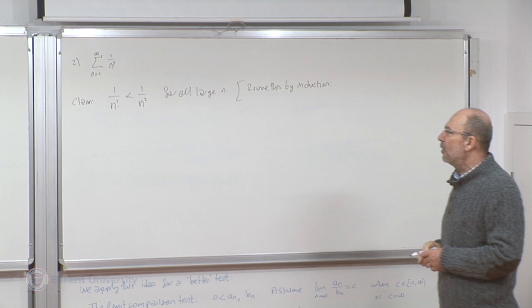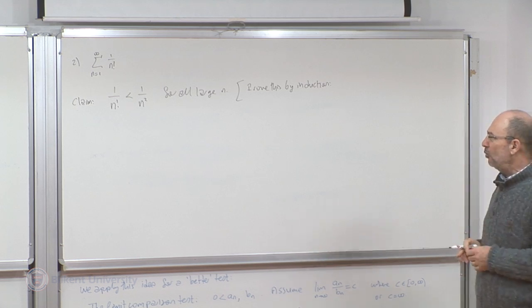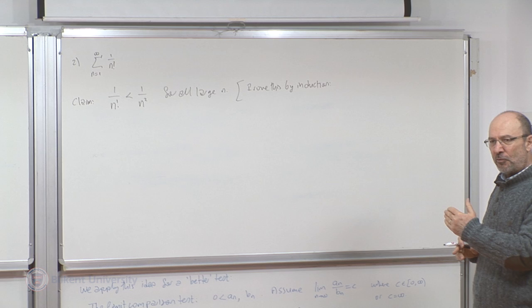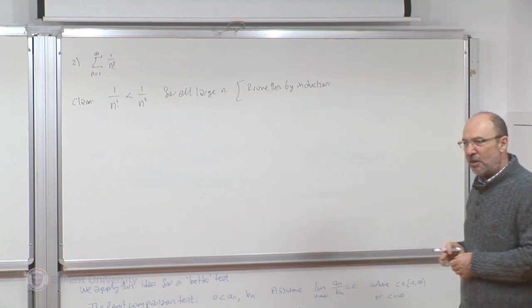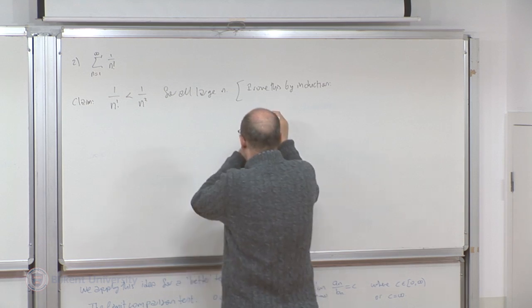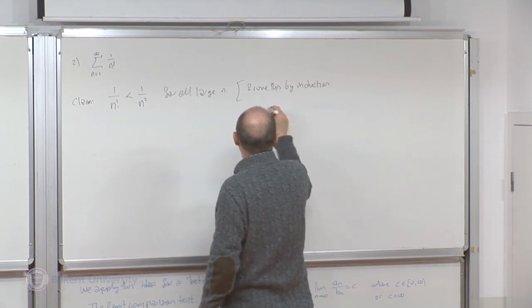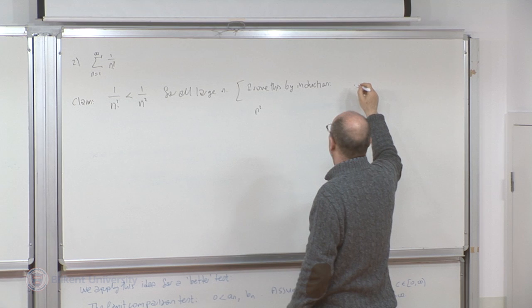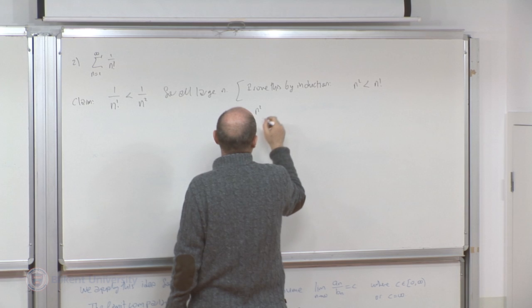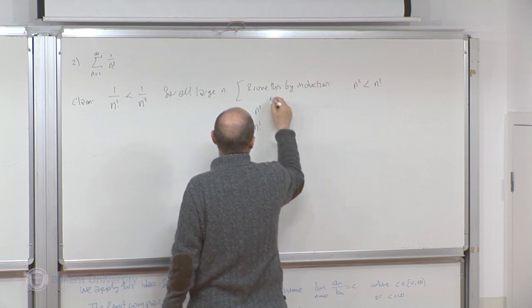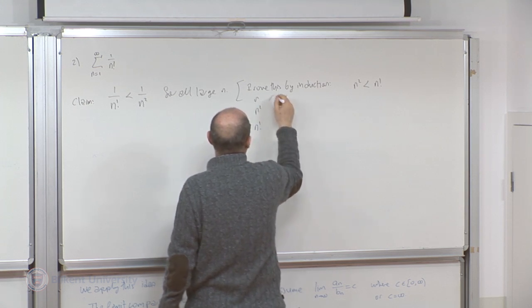For induction, it's probably easy to show the passing stage from n to n plus 1. So let us check where it starts. We have n squared, and we want to say that n squared is less than n factorial. So here we have n squared, here we have n factorial. When n is 1,